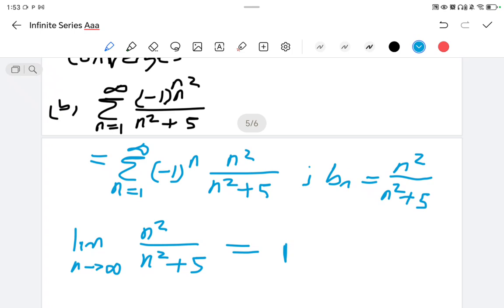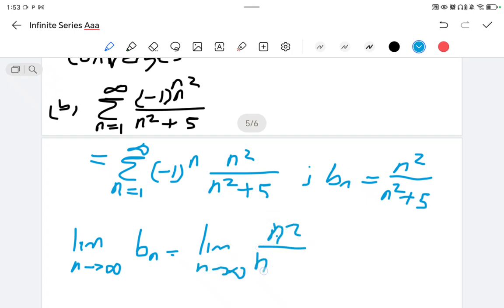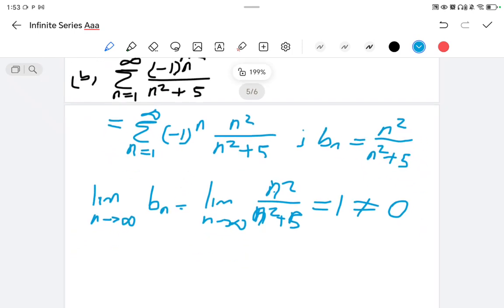Now we realize that, okay, let me write this. Notice that this is equal to 1. And this one is not equal to 0. There's no need for us to continue to check the second condition. Therefore, we say that since the limit, or the first condition, is not met,